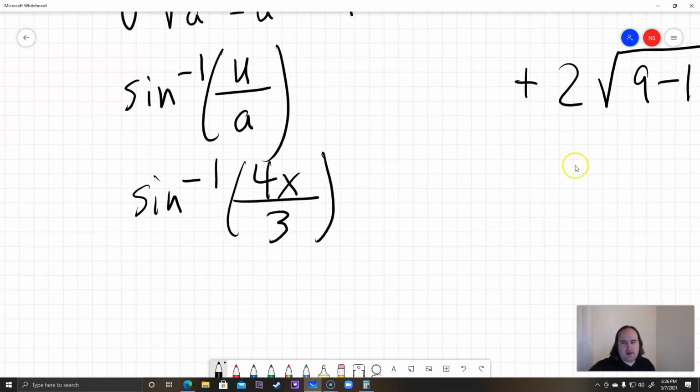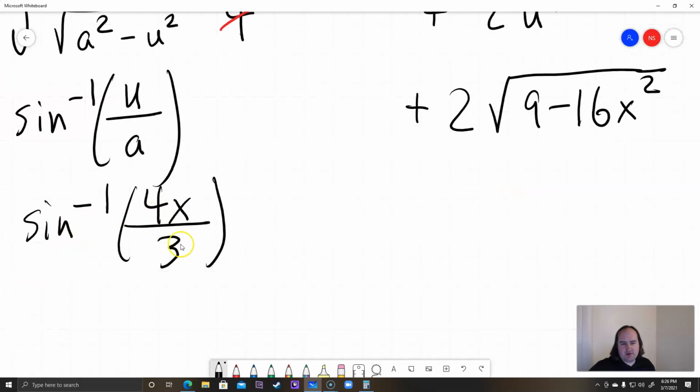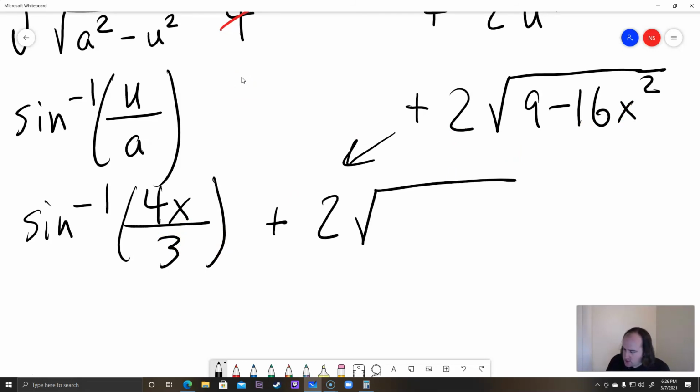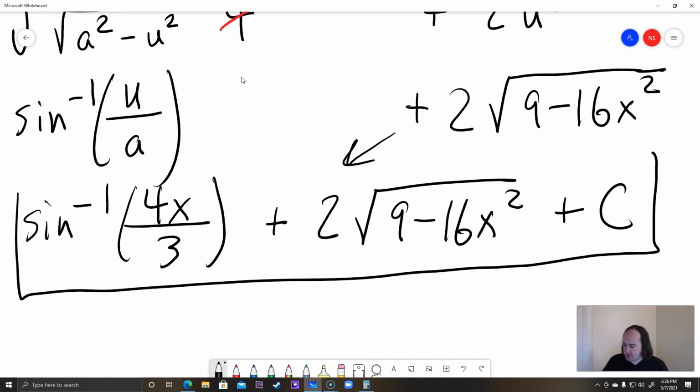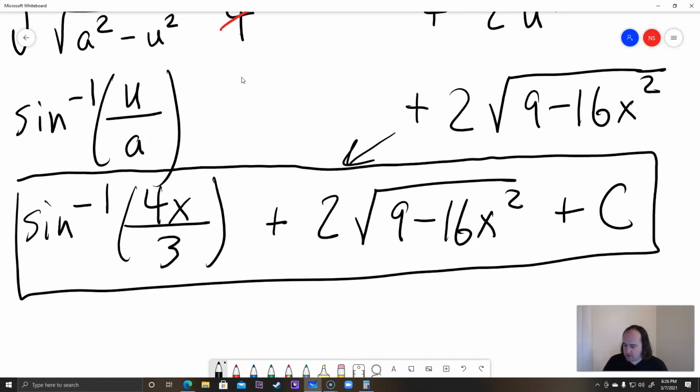Okay, and then of course we need to combine this with the first integral, which was sine inverse of 4x over 3. So bringing this one over here, we've got plus our 2 times the square root of 9 minus 16x squared. Okay? And then, of course, at the very end, because this is an indefinite integral, we don't plug in any numbers, so we just go ahead and write plus c. All right, so that's going to be our final answer. Sine inverse of 4x over 3 plus 2 times the square root of 9 minus 16x squared plus c. And that's